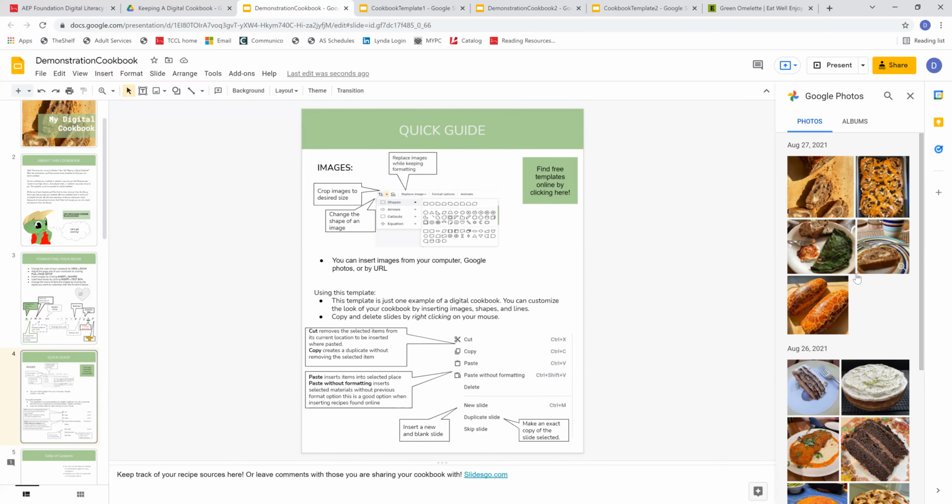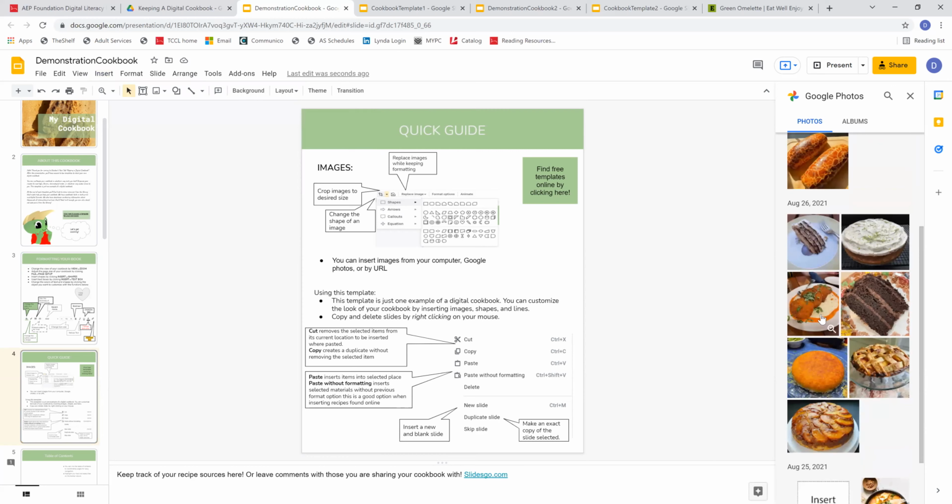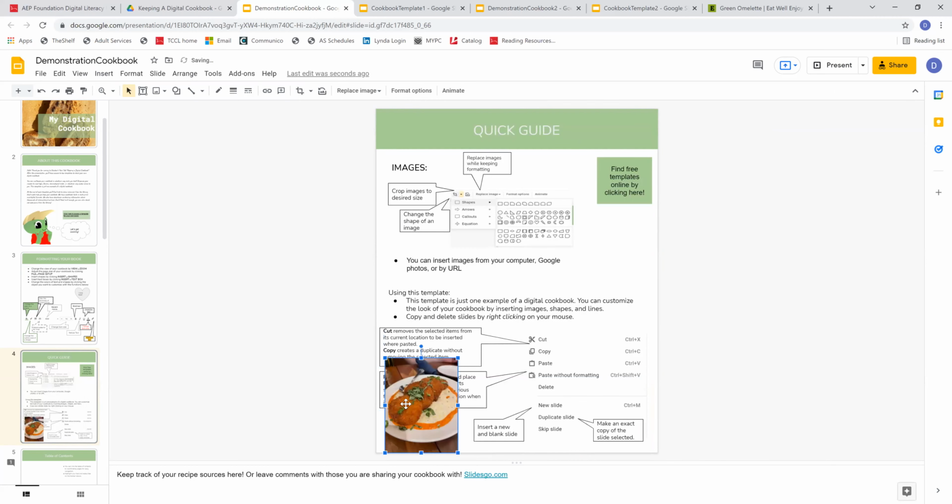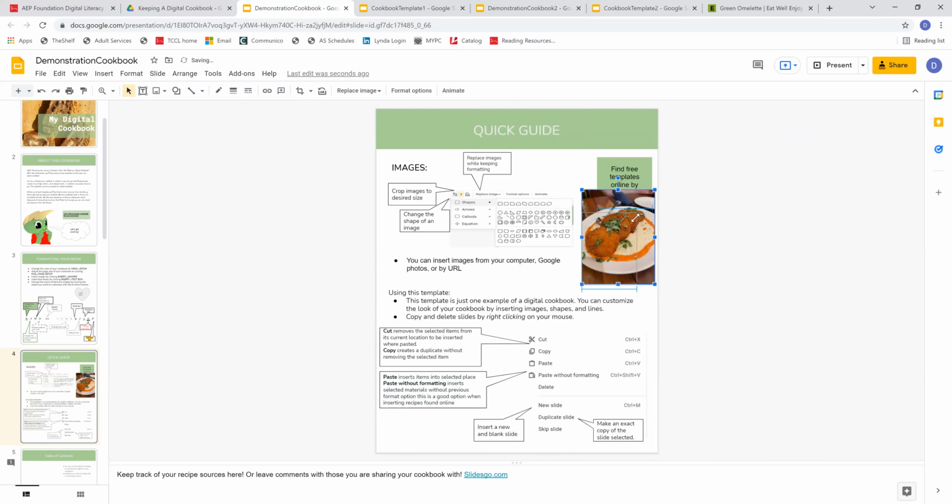And so I'm going to insert these fried green tomatoes that I made. And when you insert it, it'll insert it as a large image, but you can just click and drag to resize, similar to how we did the shapes. And some important things that you can do